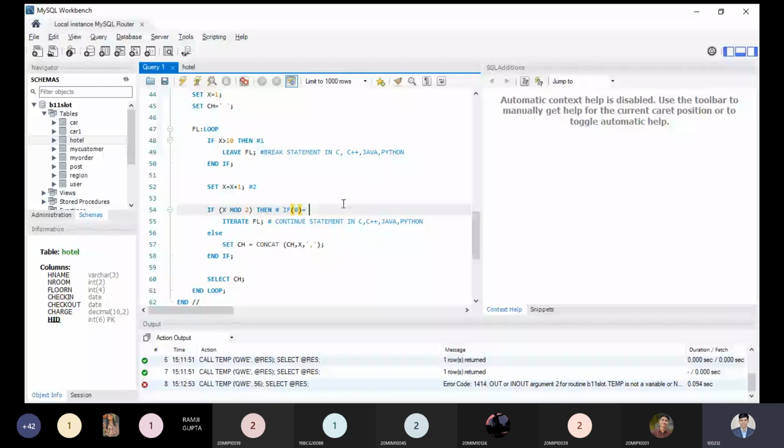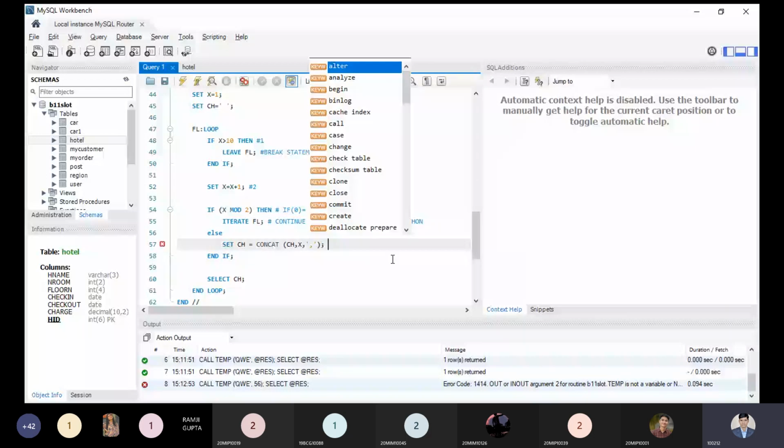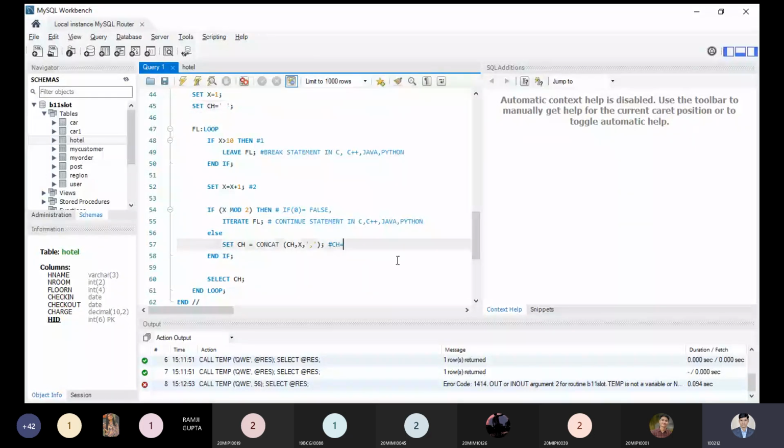ch equal to ch concat. So what does ch contain? Space. Okay, see, at the top, serial number 45 you can see, it will provide the space and x. What is the x content? X contains the value 2 and we are adding the comma. So the comma will come over here. So it will print like this. Now it will concat like this, so this will be our concatenated string. Now what will it print? It will print 2 comma so far.